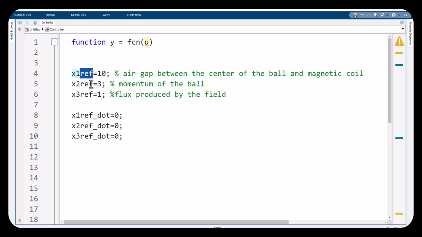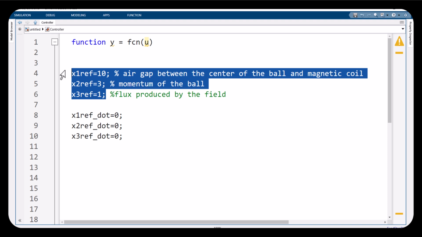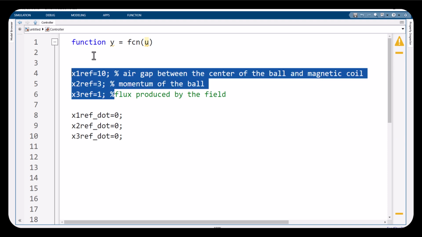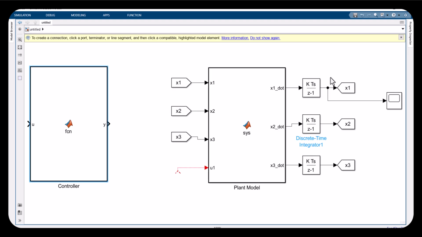Reference value, desired value. There are different names, right? So I defined the references for these states. I had three states, so I defined three references: x1 reference, x2 reference, and x3 reference. This is the value that I want these states to go to. Ultimately these values will be computed, and we'll see if they did go to that point or not